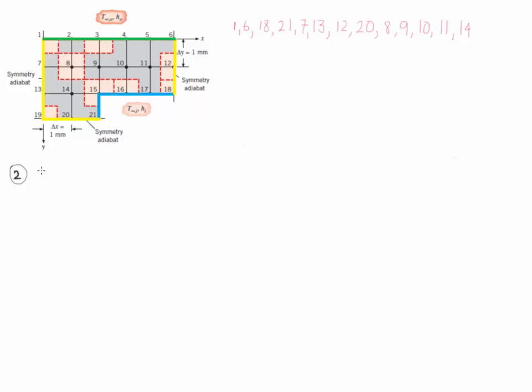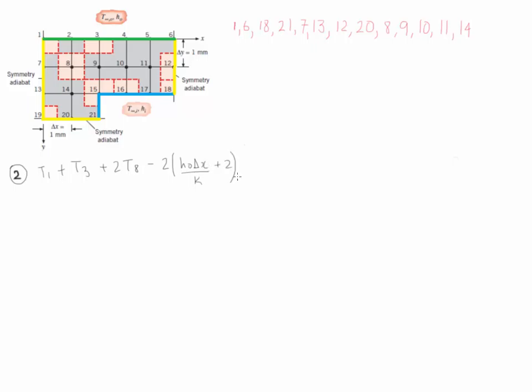The surrounding nodes are 1, 3, 8. And the equation looks like T1 plus T3 plus 2 times T8 minus